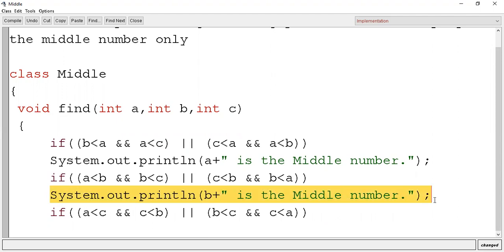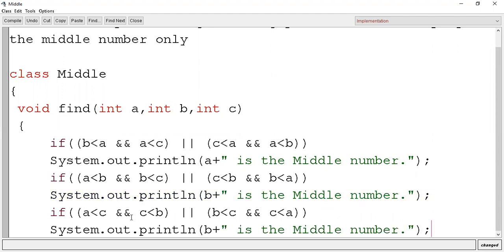So let's copy this statement, paste it over here and change the argument to C.